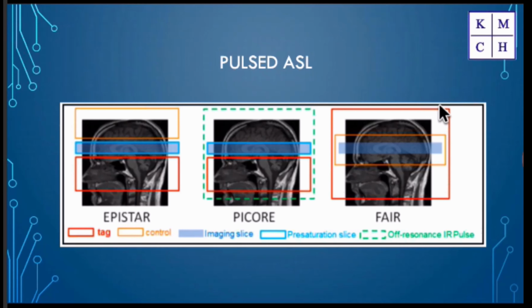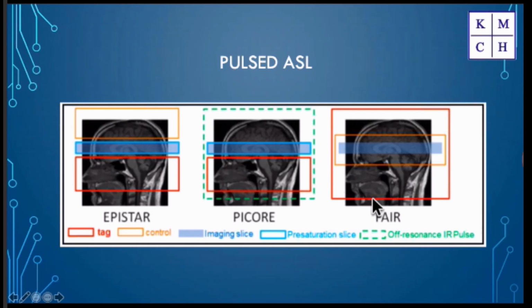What are the methods of pulse ASL? The commonly used techniques, the names might be confusing. They are the EPISTAR, PICORE, or the FAIR. How do these differ? They basically differ on how the saturation pulses are applied. If you have the same kind of saturating slab given proximal in the labeled phase, whereas it is given on the inverted or the opposite side of the slab in the control, it's called an EPISTAR. If we have a non-selective saturation placed proximally, it's called a PICORE. FAIR is what we use in our setup, where we use a non-selective pulse to invert these.